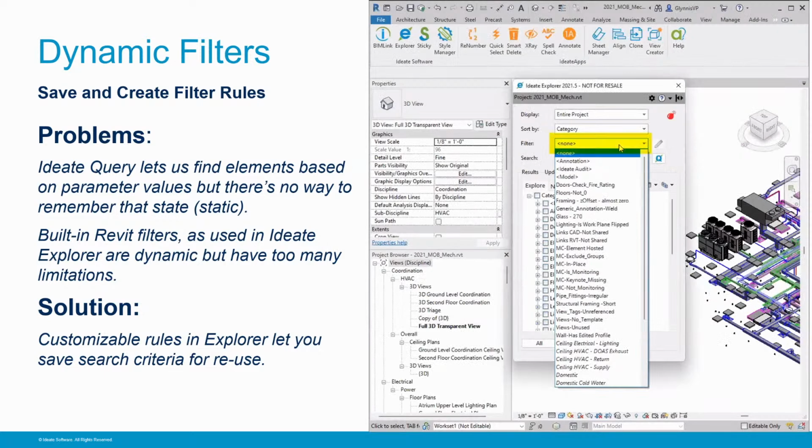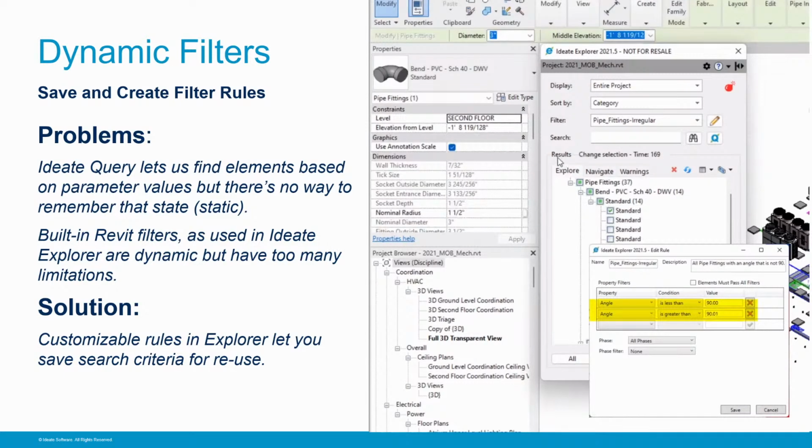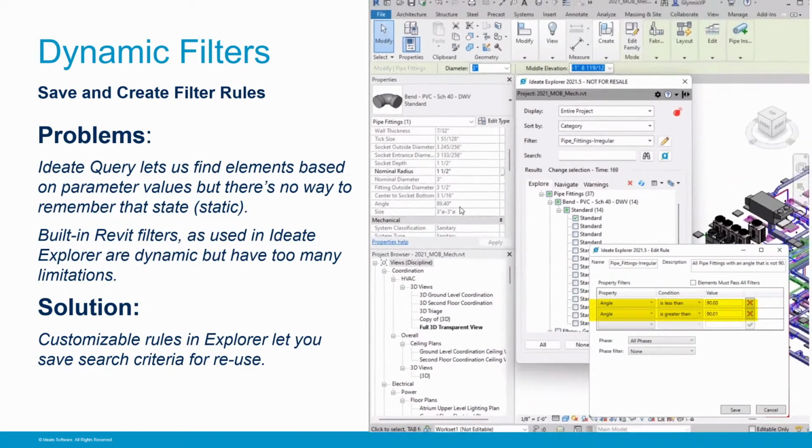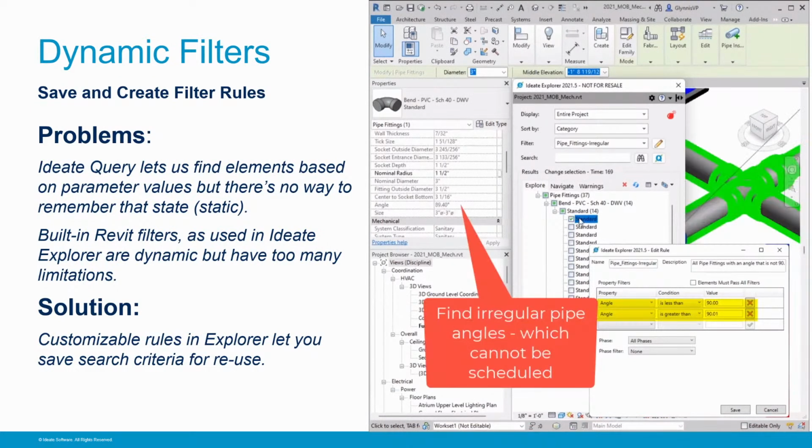And this is an example of these dynamic filters and how they would look. You can load them into your model. You can have as many as you want. Let's say in this example, the pipe fittings, the rule was less than 90 and greater than 90.1, which is like a decimal issue. And it will flag all these pipe fittings in your model that are between those degrees, that are not exactly 90 degrees. So this is one of the applications that you can use this with. You can have that list, you can double click to it, takes you into the model, and you can see that very quickly based on the parameter data,